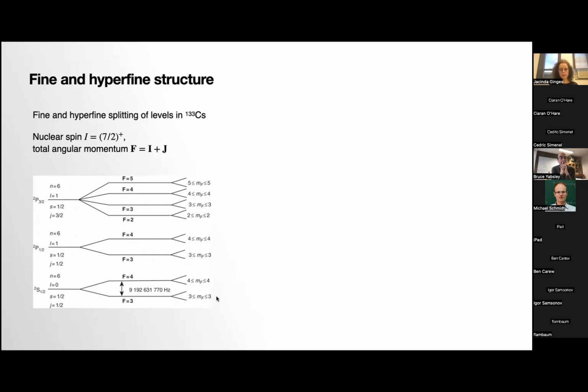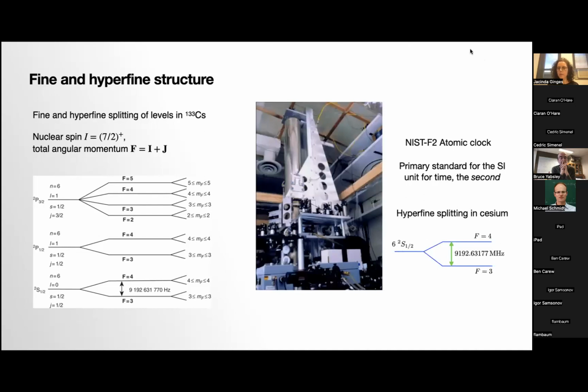And this interval is pretty famous, as I think someone alluded to before. You may know that this is a picture here of the NIST atomic clock, and this is the primary standard for the SI unit for time, the second, which will probably be superseded at some point. But right now, the hyperfine splitting in the ground state of cesium defines the second. So anyway, it's very reassuring to know that there's some very precise experimental data for us to compare our theory to. So this one, among others, is of relevance to our studies in cesium atomic parity violation.